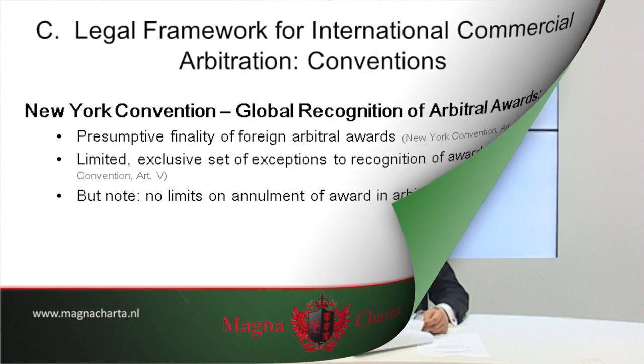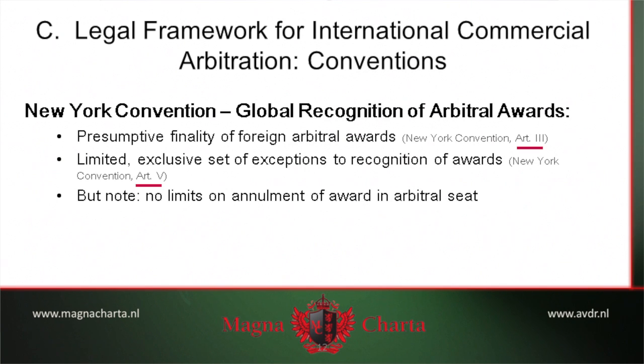Precisely the same thing is accomplished by Article 5 and Article 3 of the New York Convention, which you can see on the current slide. Article 3 mandatorily requires contracting states to recognize foreign arbitral awards. Article 5 has a very limited set of exceptions to that obligation, exceptions only for excesses of jurisdiction, violations of fundamental procedural rights in a serious way, public policy, a very limited set of exceptions which only rarely result in non-recognition of arbitral awards.